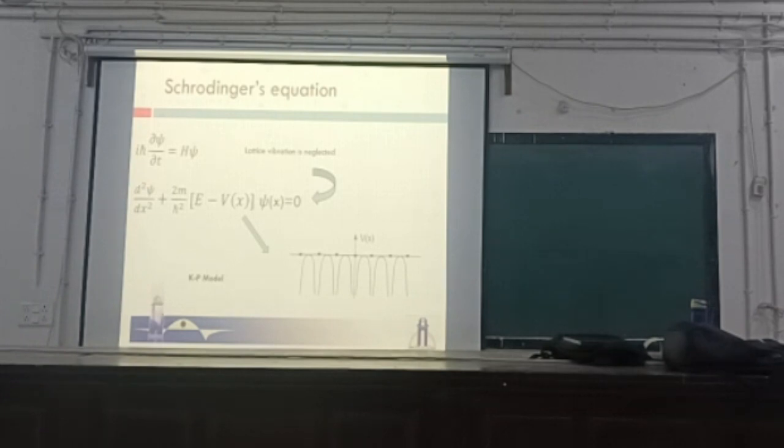So what is a crystal? A crystal is nothing but a lattice along with the molecules or atoms or ions sitting at the lattice points. So it gives you a periodic potential. And at any finite temperature, you know that the crystal vibrates, and crystal vibration will definitely lead to